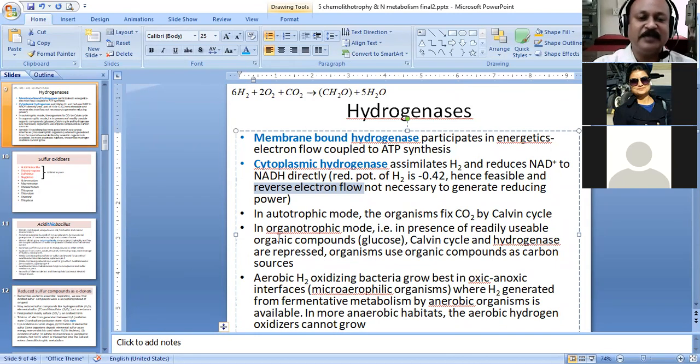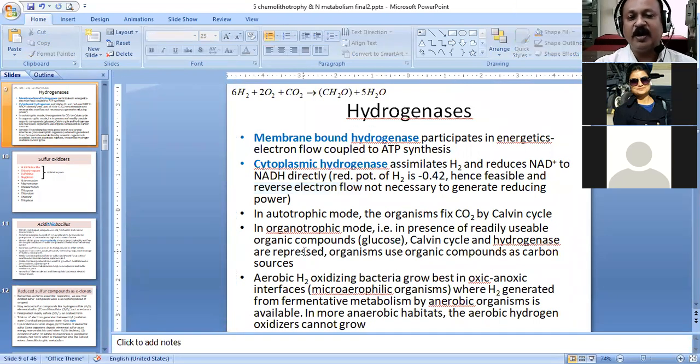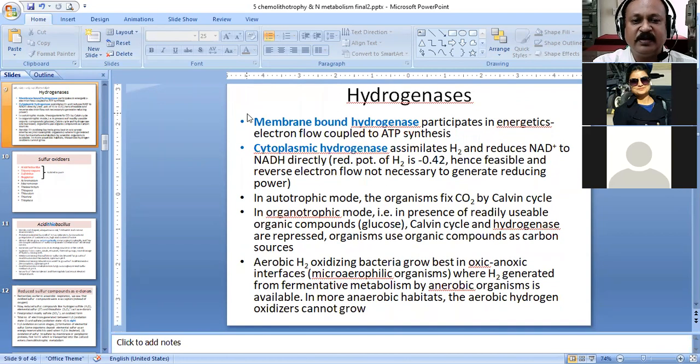I have been repeating this again and again just for you to understand, because this is a very important point for your entire microbial physiology syllabus. Three units out of five are based on the electron transport chain, and therefore you should give importance to this concept. I think these things I have already discussed with you, so I'll skip to the next slide.